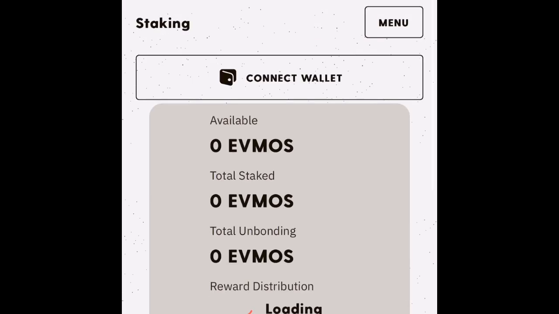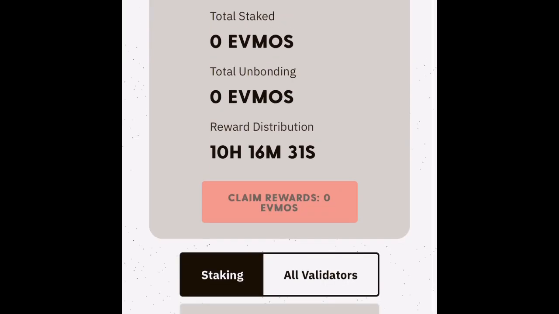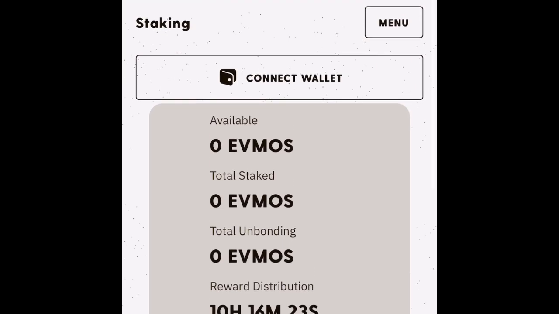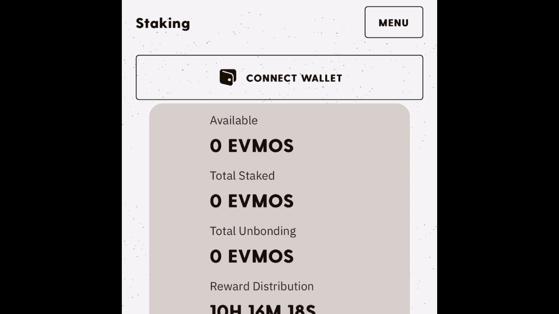The staking information that you see here, you will also see on the Cosmostation wallet. And I personally stay in the Cosmostation wallet. I don't take any validator rewards from the main website. I do it all within Cosmostation. I've been using it for over a year, and I've never had any bad transactions. Everything is damn near free. You compound for free, you claim for free, you transfer for free.